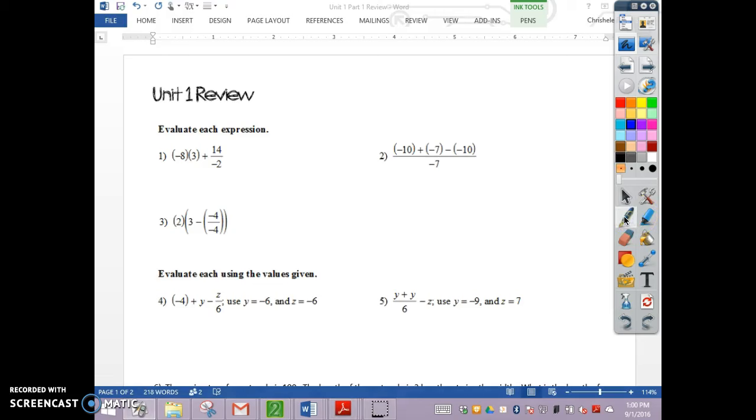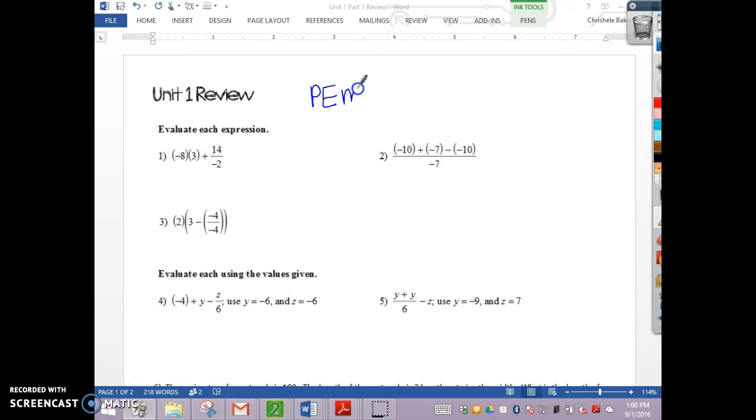So we're going to start with number 1. It says evaluate each expression. So we are going to use order of operations to simplify these expressions. PEMDAS. Parentheses are first, then exponents, then we will multiply and divide from left to right, add and subtract from